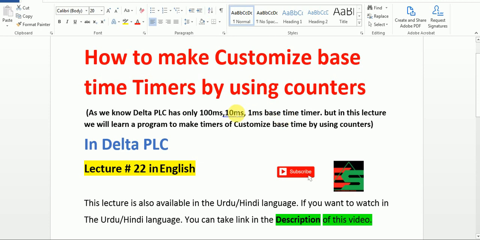But in this lecture we will learn how to make a customized base time timer, as we wish, by using counters.